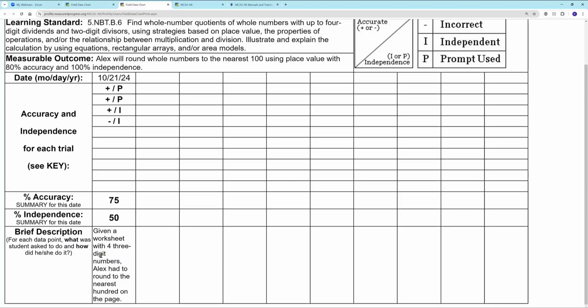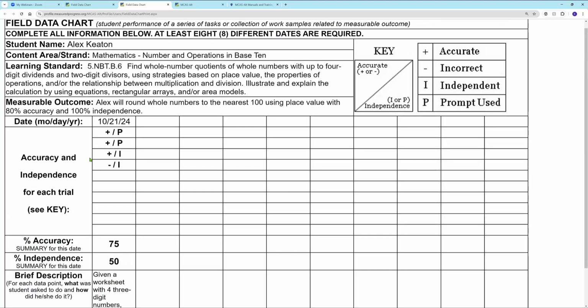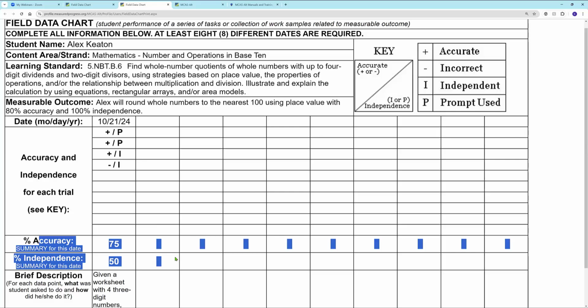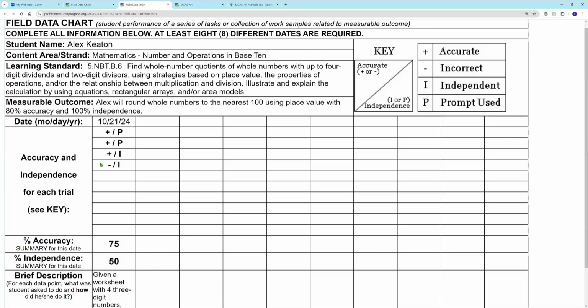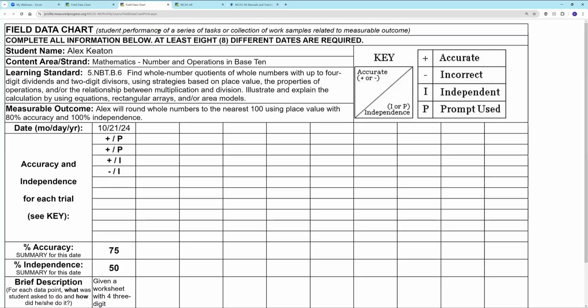And then we get our description here. So you don't have to tabulate all that in this overall accuracy and independence down here. It'll do it column by column in each of these rows for you. But that's the intent. It's a series of trials within at least 8 different days that makes up that